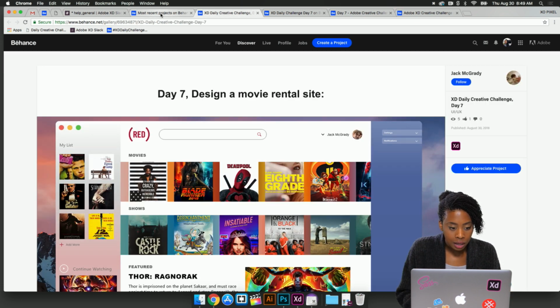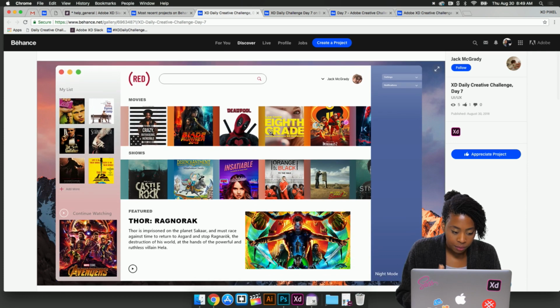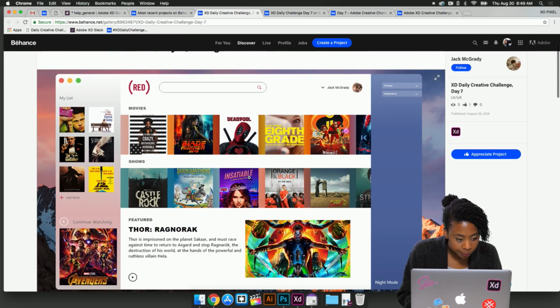So let me see. Okay, this is by Jack. And for day number 7, it was to design a movie rental site. This looks really good. I love the colors. Right off the bat, you can see different colors from the different movie covers. Really nice. The user information here.